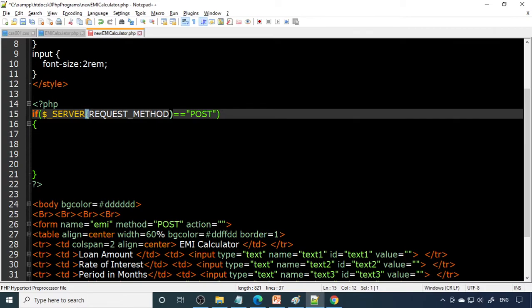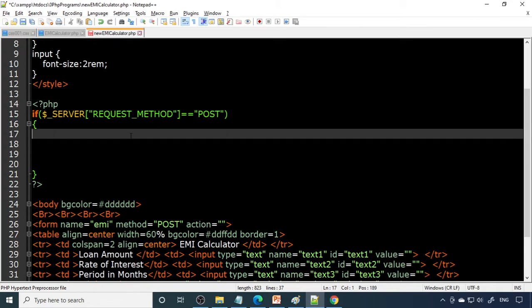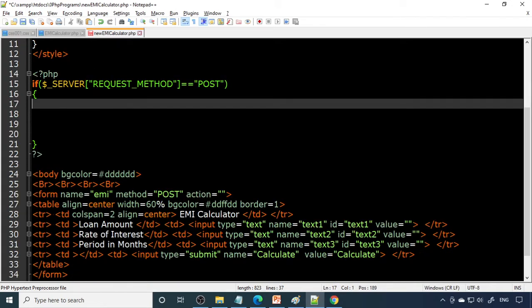So here for request method, you have to use a square bracket and also quotes actually. So therefore it should be quoted. Both sides there should be a quote. So this is the request method that is equal to POST. Now we need to read the values. What are the values there in text one? That value we want to read into a variable. So therefore you can say $T1,